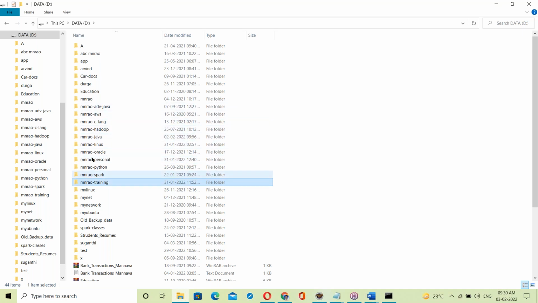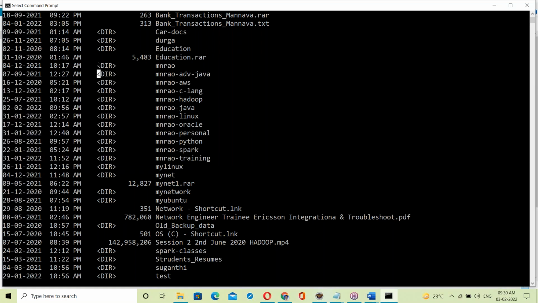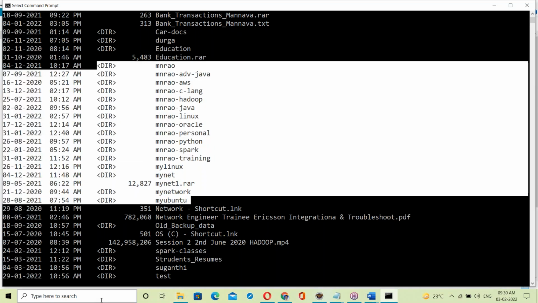All these are folders. Folder and directory are the same thing here.